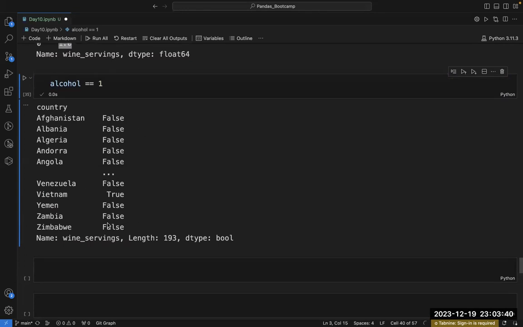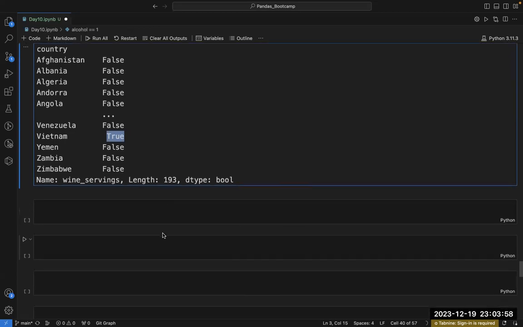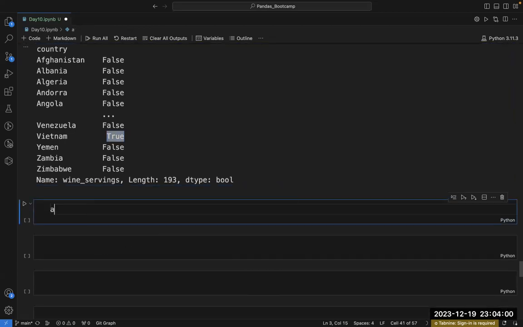So wherever the values inside this series are 1, you will get True there only. The rest you will get False. And the length you are getting is 193. Fine. And let's say if you do this thing, alcohol,